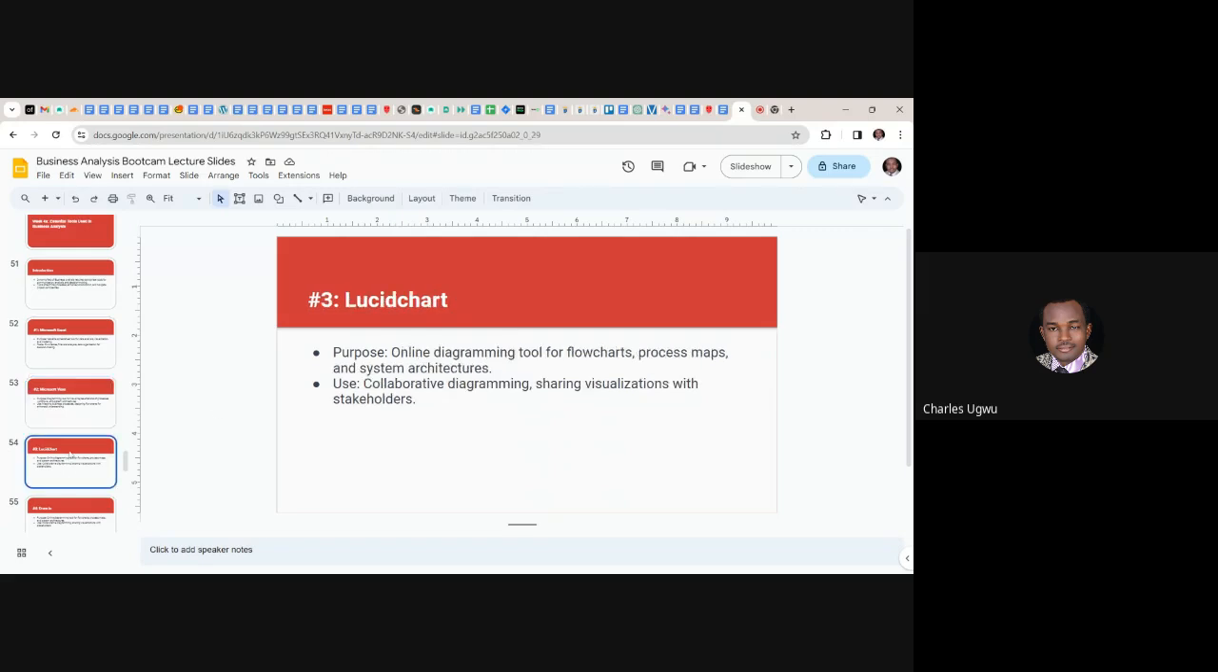Lucidchart is just like Visio. I want you to understand they are the same tools. It's just that they are different companies. It's just like you have Toyota, you have Mercedes. They are cars, but owned by different companies. They serve the same purpose. So that is this, just like Google Sheets and Excel Sheet. This is a UML tool